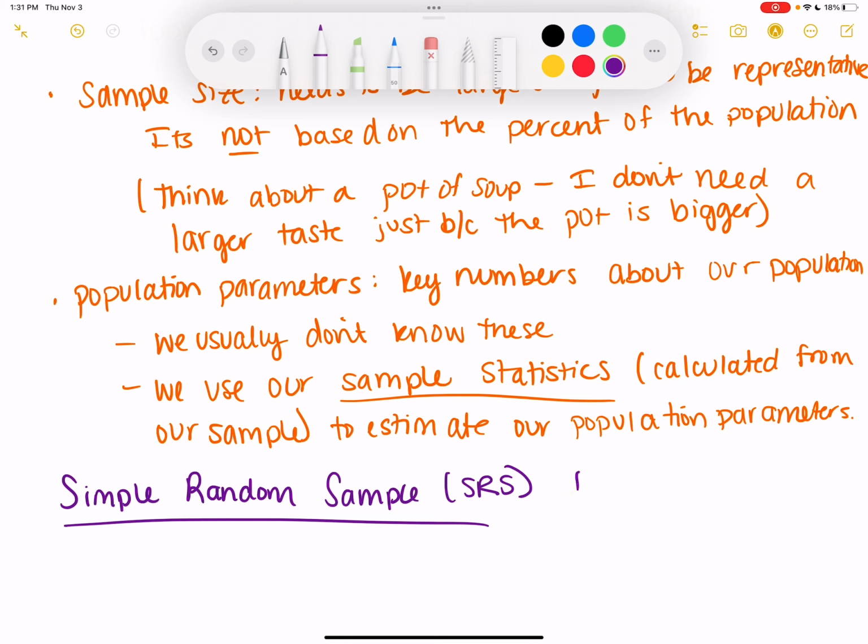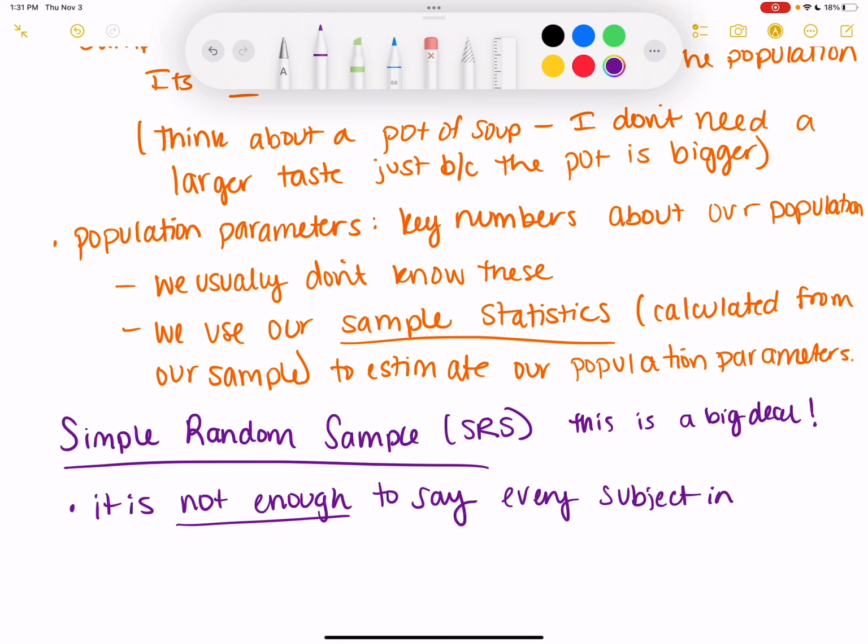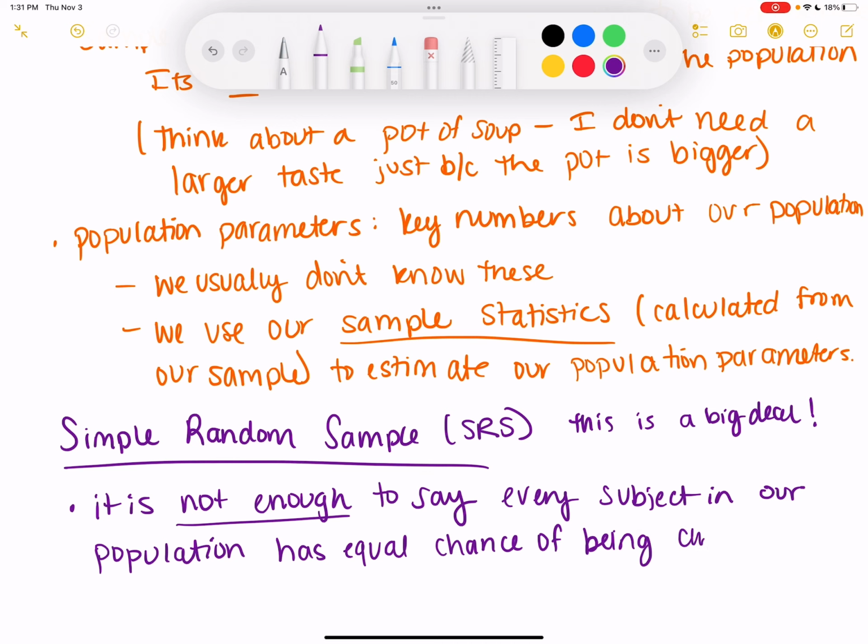This is a big deal. It is not enough to say every subject in our population has equal chance of being chosen for our sample.